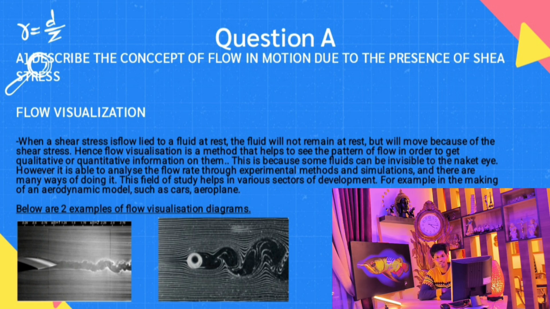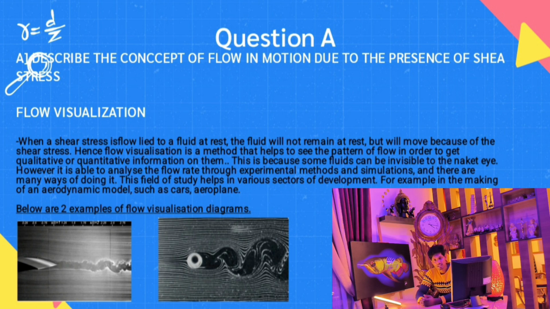But before that, I think it's important for us to understand what is flow. So basically, flow means the displacement of certain molecules, because displacement of molecules from one point to another point is what forms the flow. And this happens only when an external force is acting upon it, because otherwise if all forces were at equilibrium, then there will be no flow, isn't it? So in other words, we could also say that flow is the motion of atoms due to the presence of shear stress. So now that I've made it clear about what is flow, we shall get into the respective topic